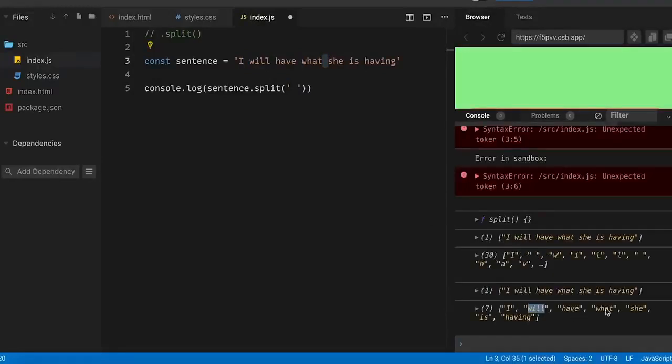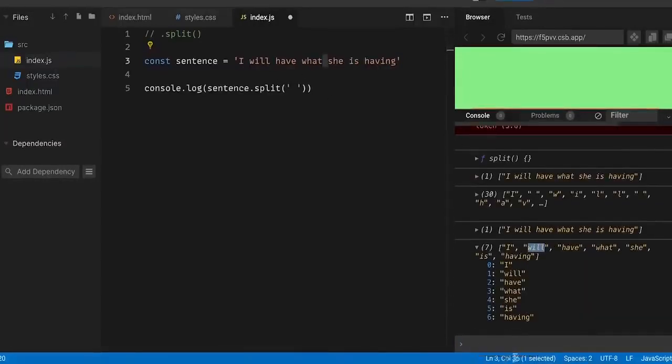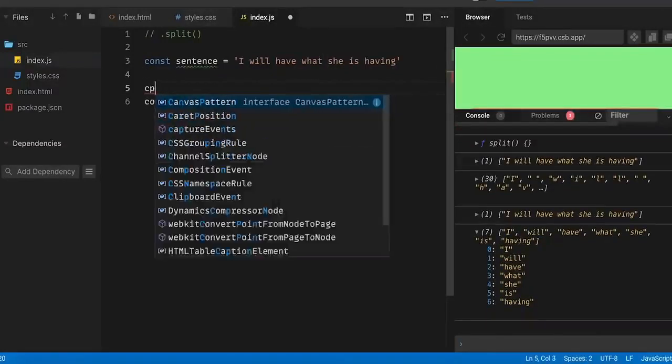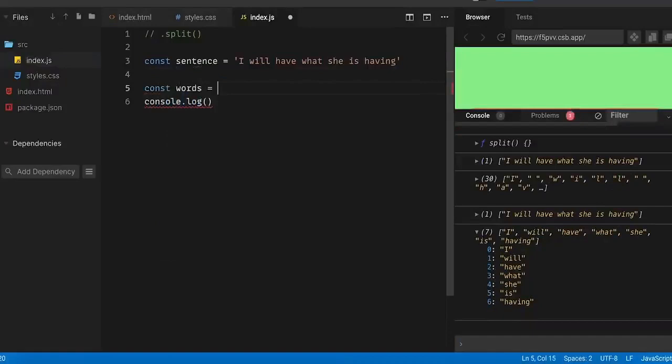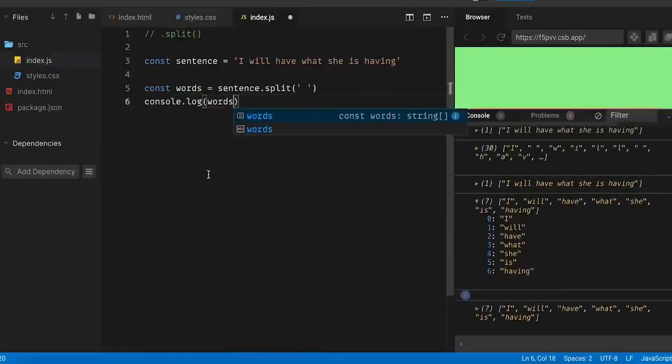1, 2, 3, 4, 5, 6, 7, 7 elements. I have an array of 7 strings, or 7 elements, because we have split them out and put them into an array. So that is pretty cool. Okay, so I'm just going to get this, and instead of console logging it out, I'm going to save it as something. So const words that make up the sentence. So if I console log words now, I will indeed have an array of all the words that make up